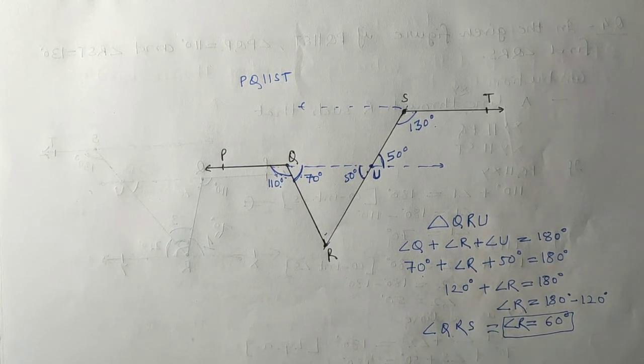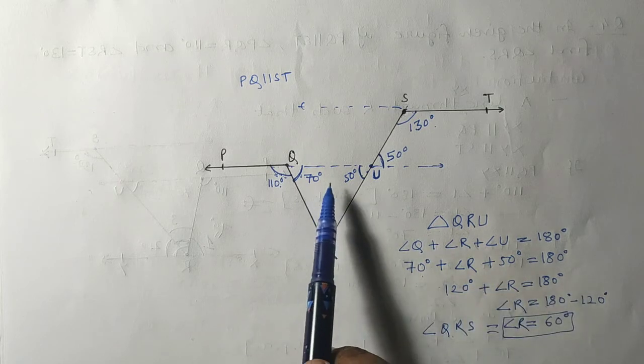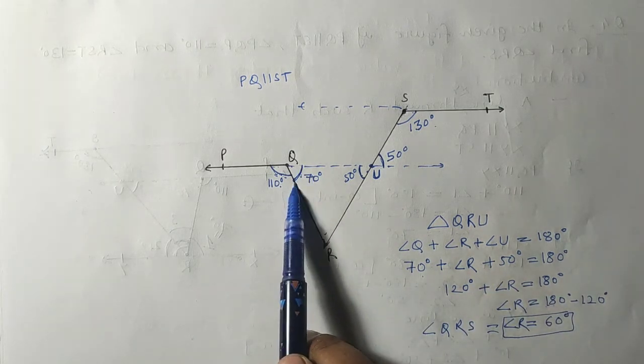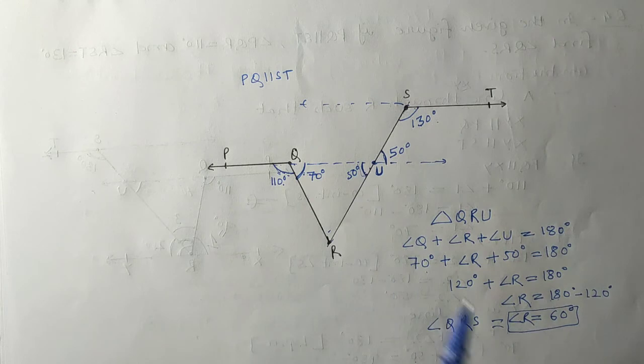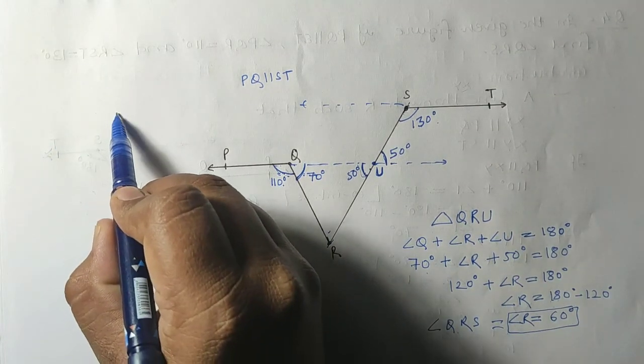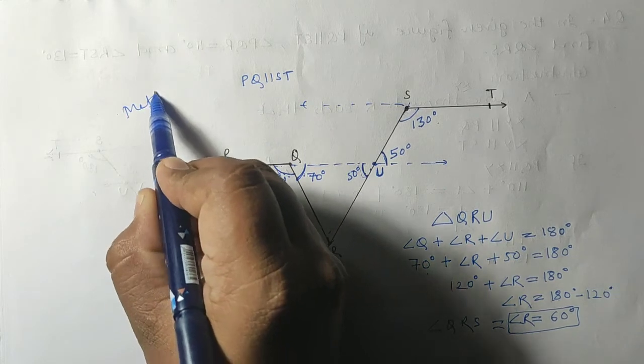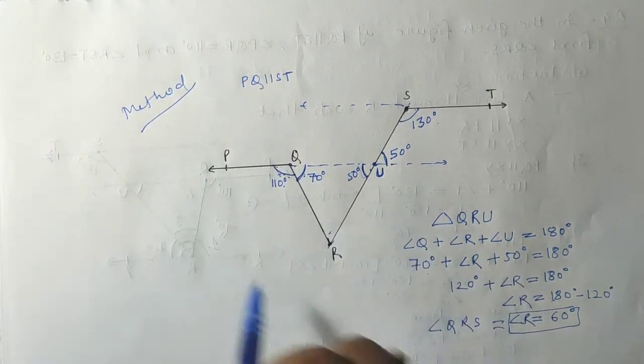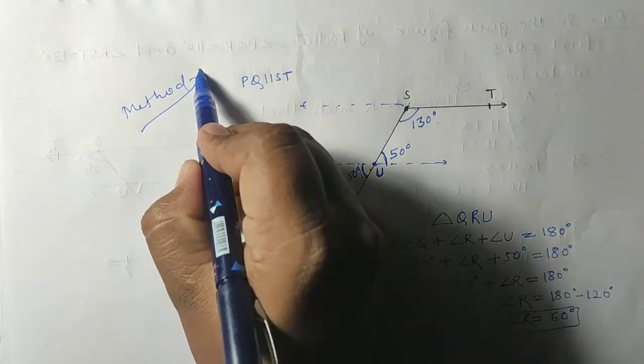So like this also we can solve this question, but yes, we have to show how this angle is 70 degree and how this angle is 50 degree. Okay, so in both of the methods you can solve by any method. Yes, in fair copy if you want to write down, then you can write method 2 and then you can solve it. Okay, method 2.